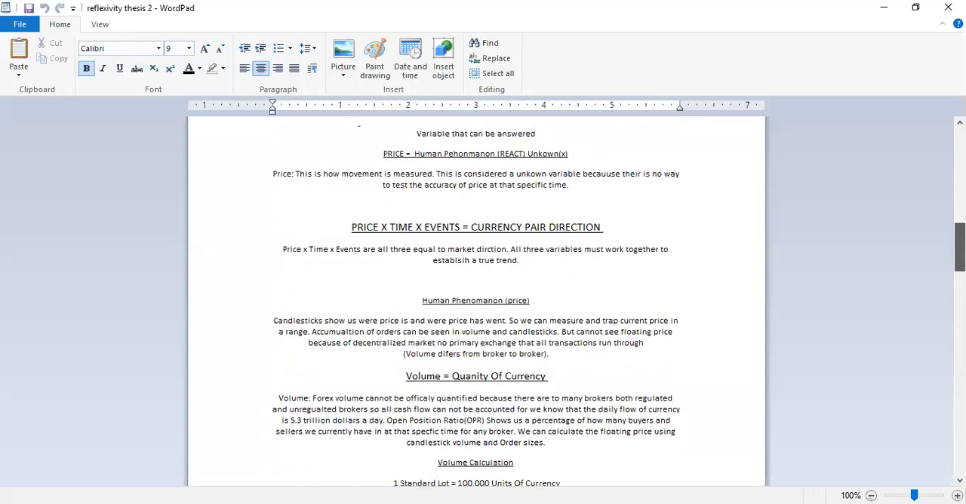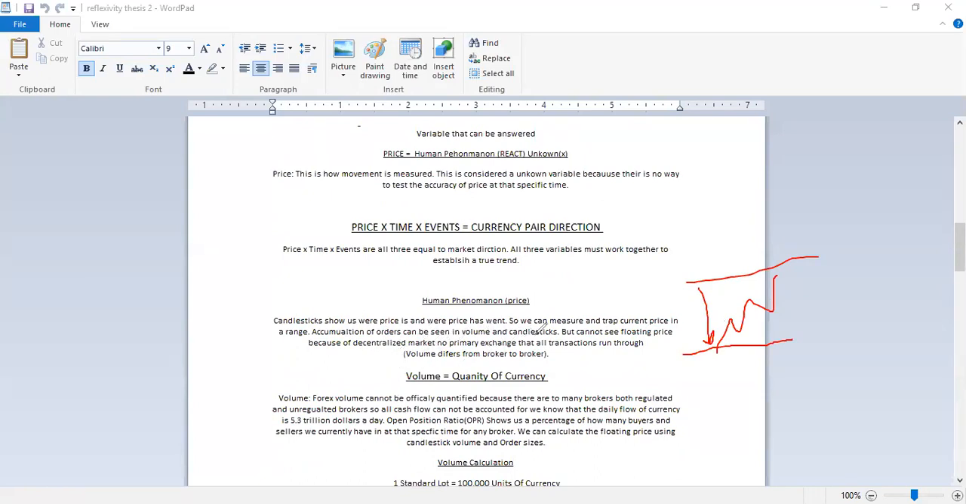Now, the human phenomenon or price: candlesticks show us where price is and where price went. So we can measure and trap current price in a range. That's step 2 of our order of operation because it showed us where price was and where price is. So when we do our support and resistance or our high and low, we're able to trap the market within a range. Okay, so now we can measure the trap in this current range and we're able to see things such as accumulation of orders,